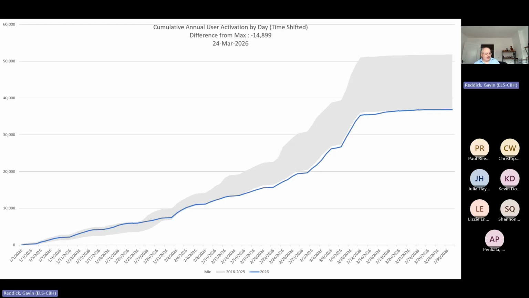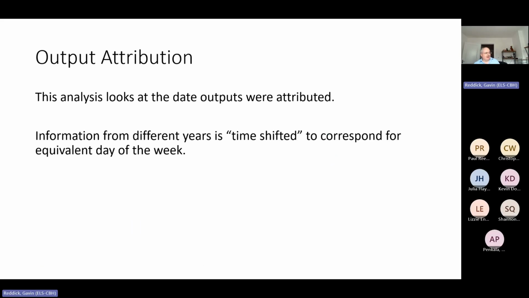Okay, seeing none, let's look at the attribution. Obviously, once the user has logged on for the first time, they can then take action in the platform. And so the attribution analysis looks at the date when outputs were attributed in the platform. We'll see a number of time-shifted figures in the same terms as in the activation ones, so I'm not going to spend as much time explaining them because you should have the sense of that now,